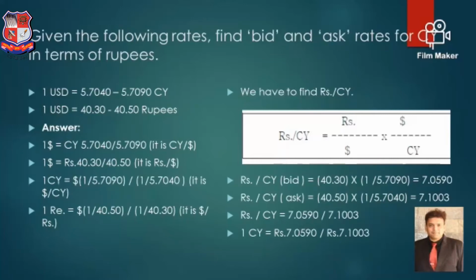Cross currency transaction means when you want to buy or sell foreign currency from a bank, but the quote is not given directly, and is given with some other currency, and our job is to convert to our home currency. Our rupees to dollar rate is given and yuan to dollar is given, and then we find the rate between rupees and yuan. That means there is a common currency between the two. Our common currency is the dollar, and then we can find the currency rate between rupees and Chinese yuan.